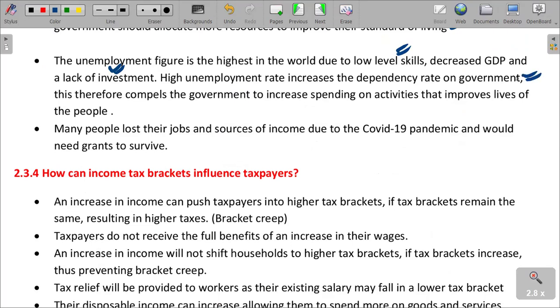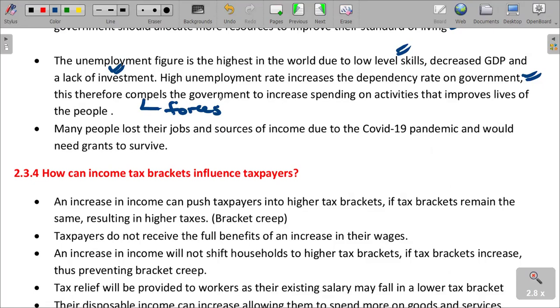So social development must still be supported because we are talking about our people not having skills. We are talking about lack of investment. We are talking about high unemployment, which actually results in high dependence rate on government. People need to be supported by government in order for them to survive. This therefore compels or forces the government to increase spending on activities that improve the lives of